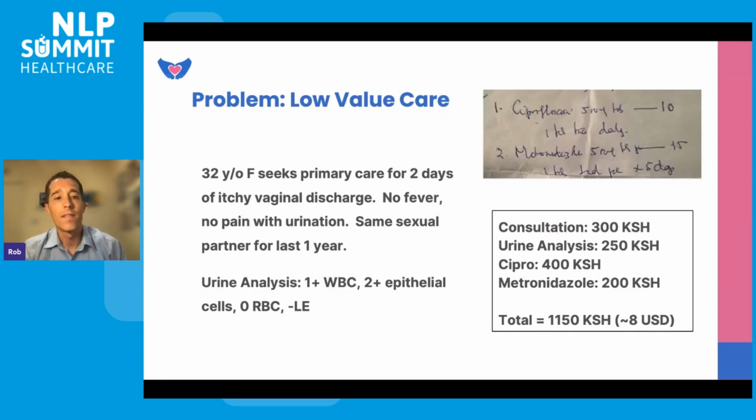So I want to start with a patient case because that's how we normally start things in medicine. This is a 32-year-old woman who seeks primary care because she's had 2 days of itchy vaginal discharge. She hasn't had fever, no pain with urination, no new sexual partners over the last 1 year, and her urine analysis is pretty unremarkable. It might not have been a very good sample collection, but it doesn't look like a florid UTI. And what you're seeing in the top right is a handwritten prescription for two antibiotics,